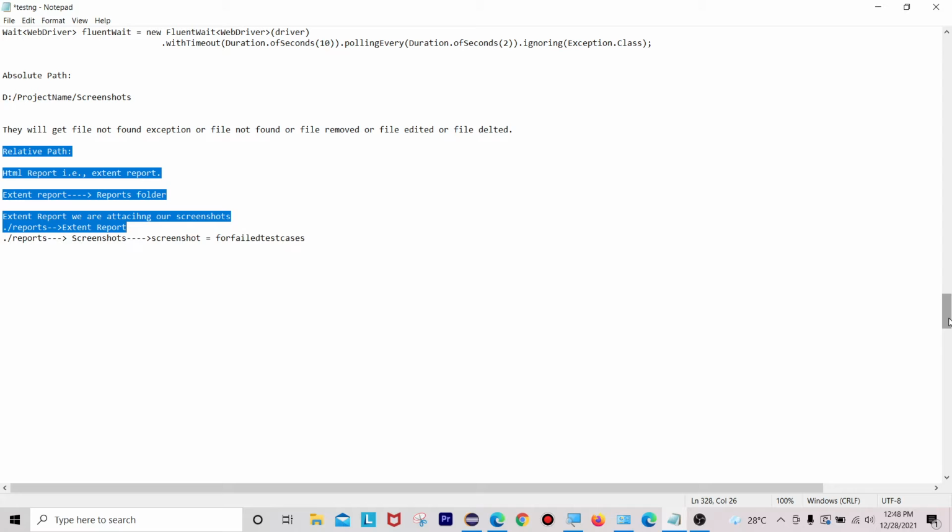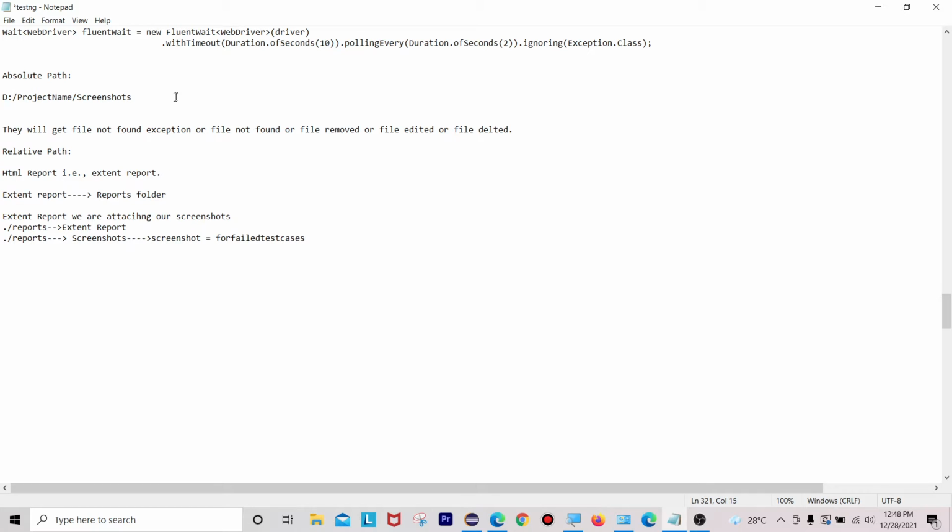Usually people get some difficulty whenever they send an extent report to others. When the other people try to open that extent report to see the failed test case screenshots, they will definitely get an exception called file not found, or file will be removed, edited or deleted. Means they are not able to see the failed screenshot once they receive a report from your side, right?